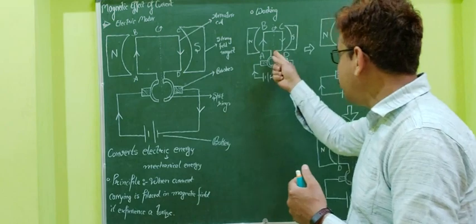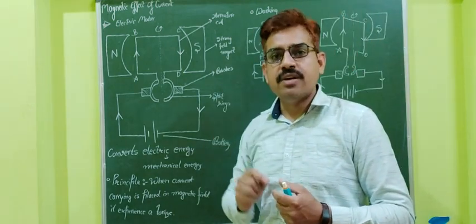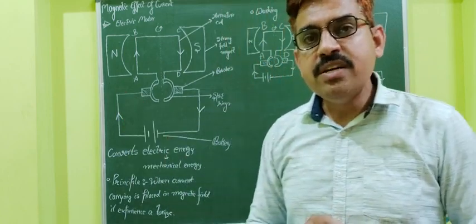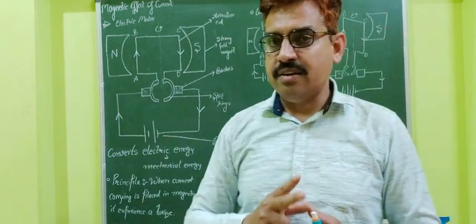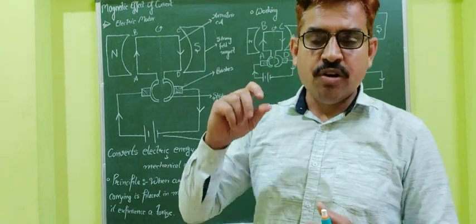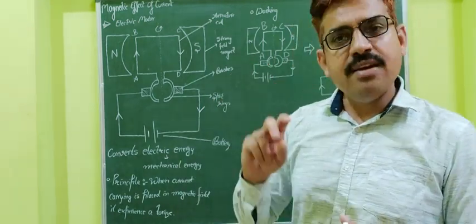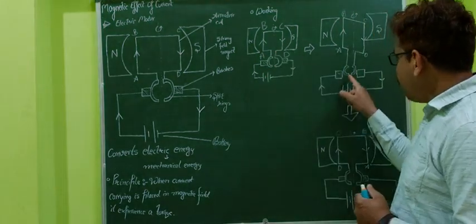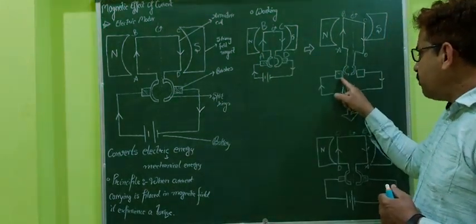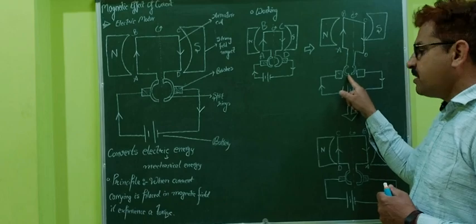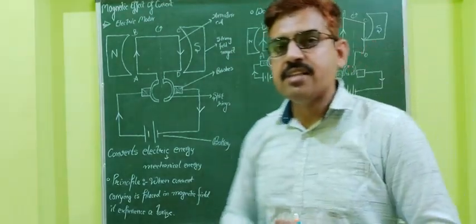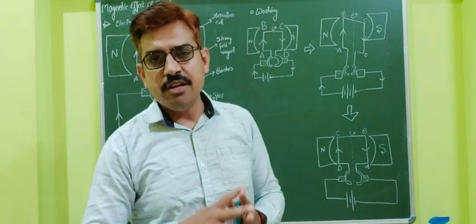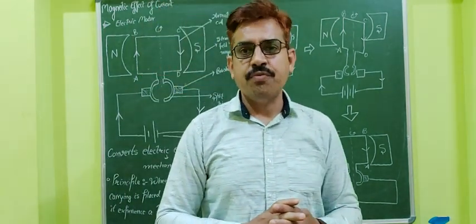So that is why, what will happen to this armature? It starts rotating. How is it rotating? Because two forces are there, one is inward, the other is outward. Because of these two forces it starts rotating. So when it starts rotating, what will happen? The connection between the brushes and the commutator gets disconnected. Then how does it rotate? It rotates definitely because we studied the inertia of motion.